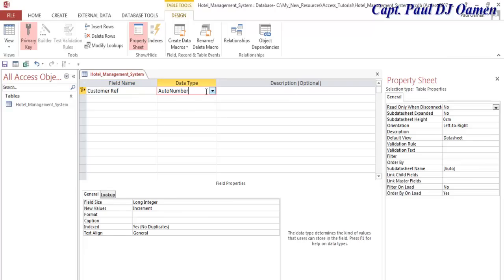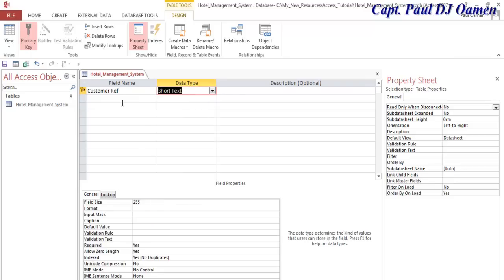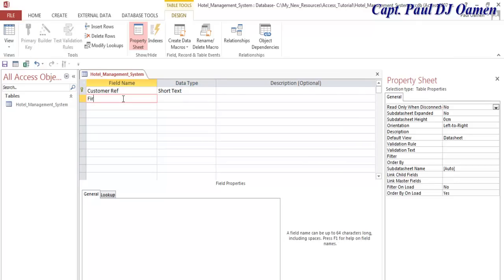and let's make that short. And the next one, first name, surname, address, postcode. Now we have customer mobile phone, or mobile phone. I'll just say mobile. And nationality,